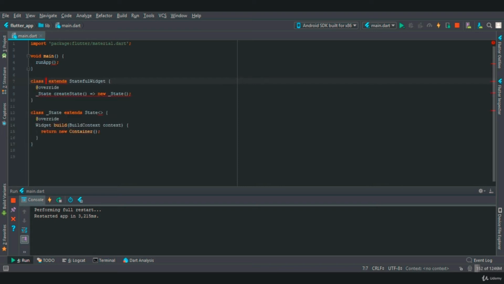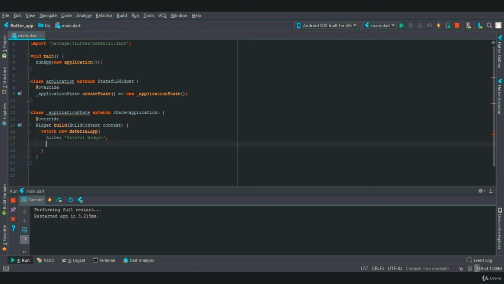In this, we'll provide a class name as Application, and we will invoke this class name in runApp. So we'll type new Application. Now here we will return a new MaterialApp which takes a property called title, and we will provide a string as stateful widget.